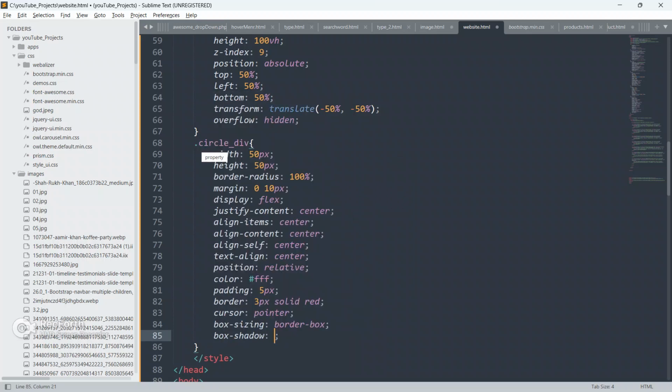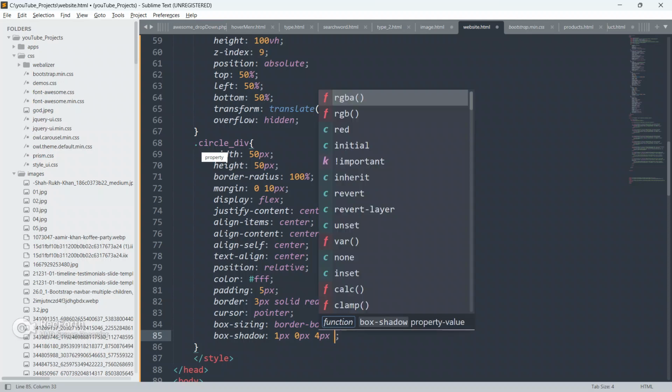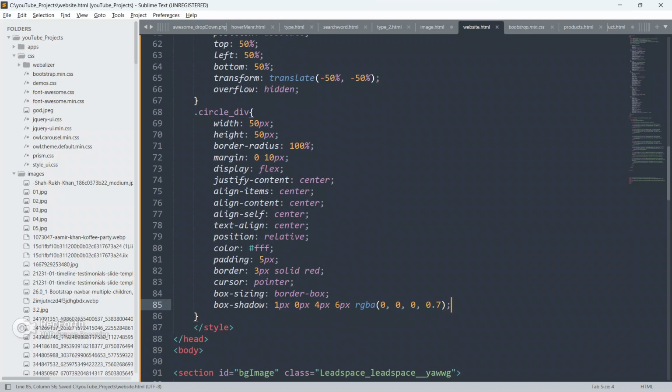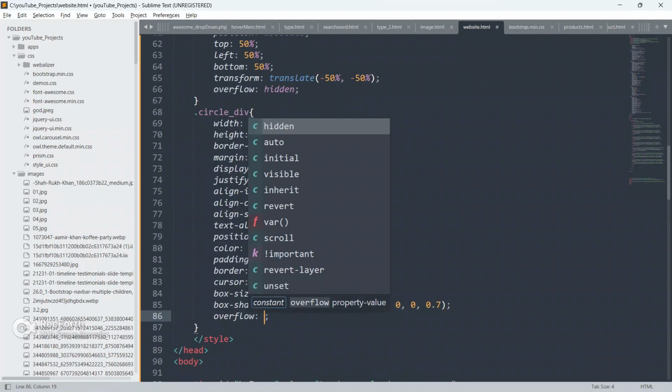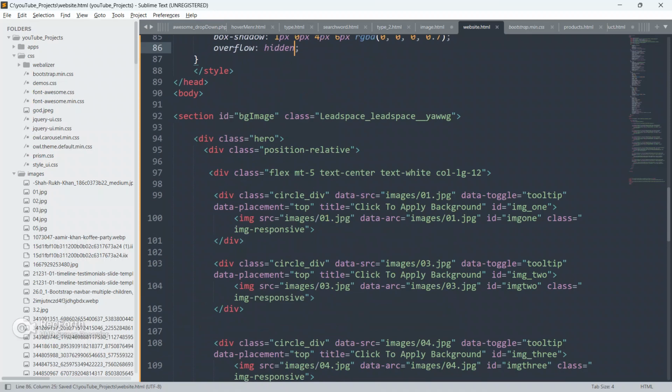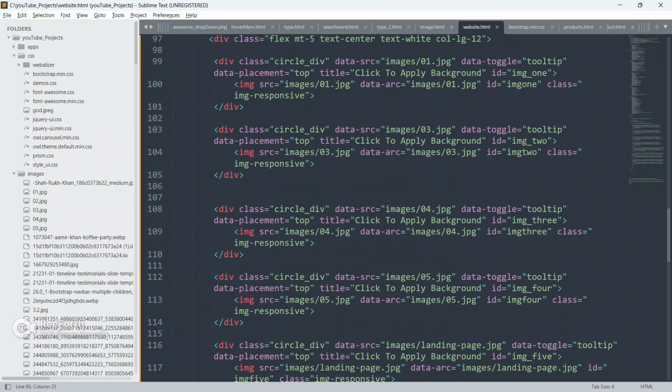Put box shadow as 0px 4px 6px RGBA, and just change the value of opacity to 0.7. And put overflow as hidden.